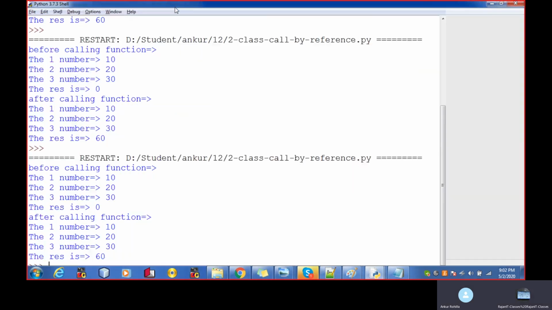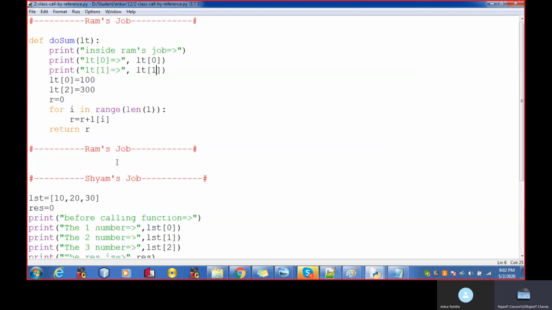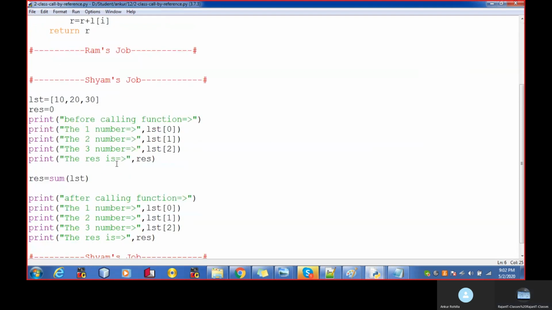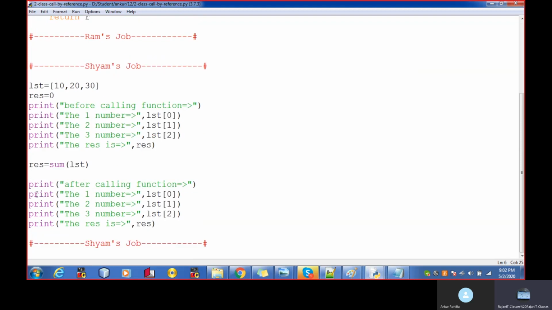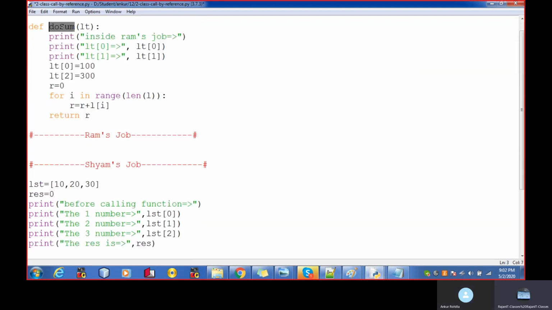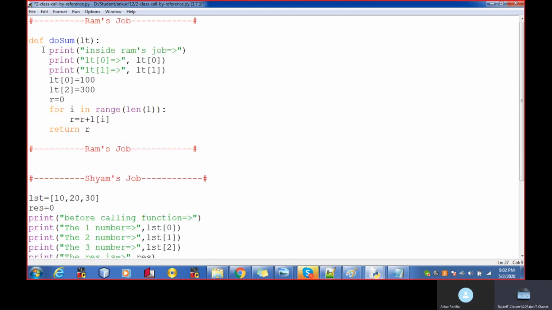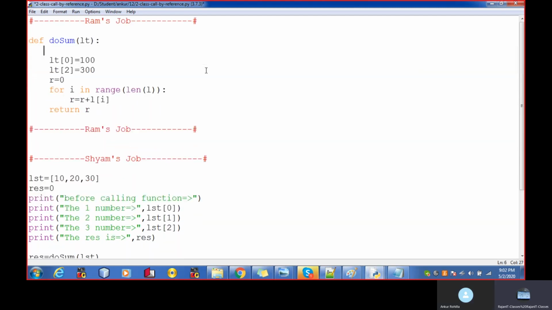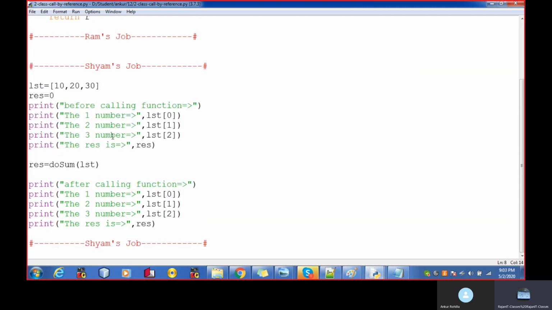What else is going on? See, my output is also not right. Oh, the name of the function is do sum. Oh, I didn't see that. Do sum. Let's move this part. Store here in LT. That's it.